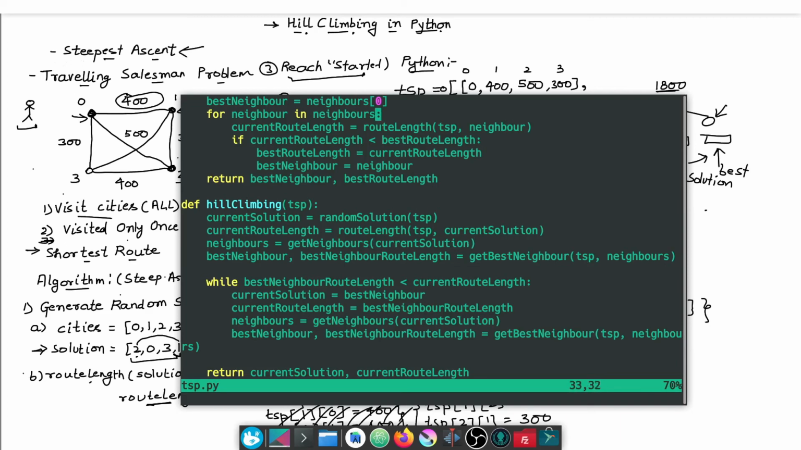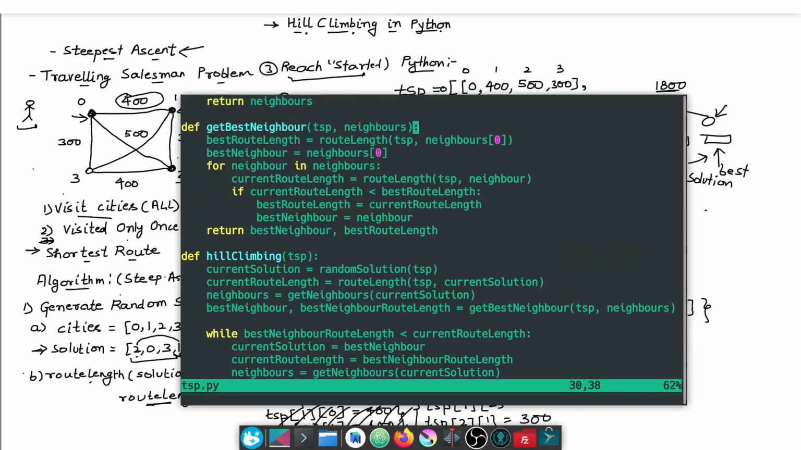Now you can see the get neighbors function is very easy here. We create the route length, and we set best route length equal to the route length of TSP and neighbor 0. So we pick up the route length of the 0th neighbor. In the neighbors list we have different solutions. So we take the 0th solution and pick up the route length for that, and then we assign that neighbor as the best neighbor, and we are going to iterate over all the neighbors,